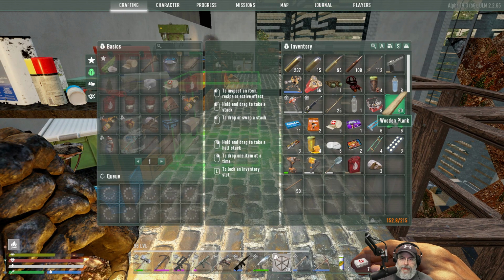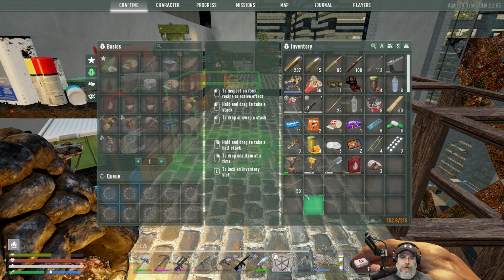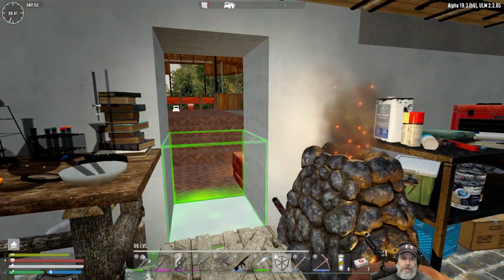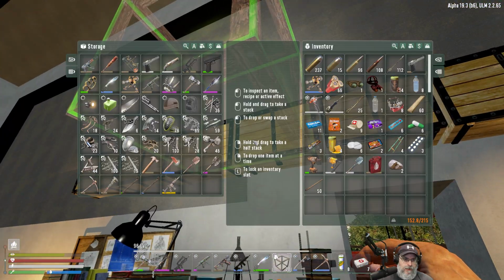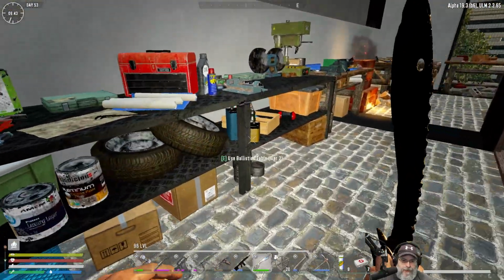And we're going to start using the marksman rifle. I went ahead and put away the submachine gun for now. Not the submachine gun. What's the one that uses the 7.62s? Just escaped my mind. This one. Tactical assault rifle, yeah. I put that away for now and put all the 7.62s away. Just because, I mean, we have...